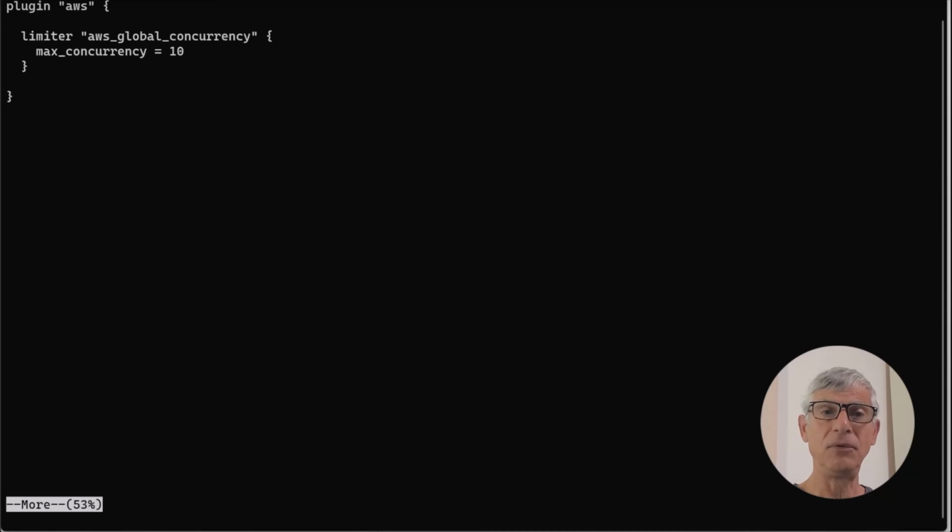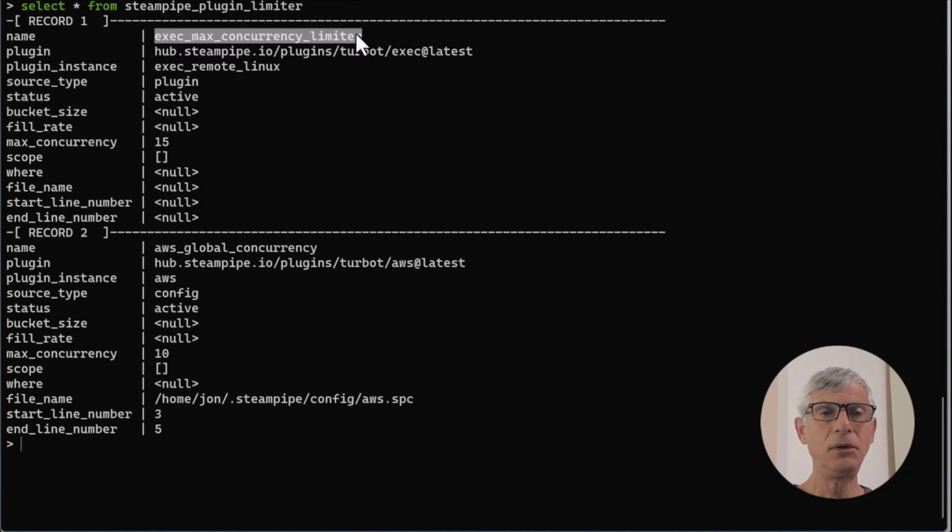This will limit the number of concurrent calls to list, get, or hydrate functions that populate the rows returned by the query. You can use the new Steampipe plugin limiter table to see all the limiters. In some cases, as we see here with the exec plugin, there's a limit that's compiled into the plugin, which you can override in the config file. And here's the limiter we just defined, with max concurrency of just 10, purposely low so we can see what